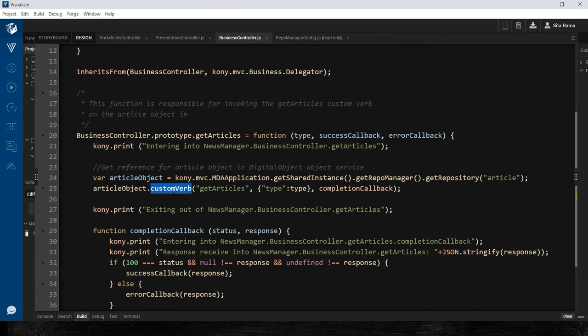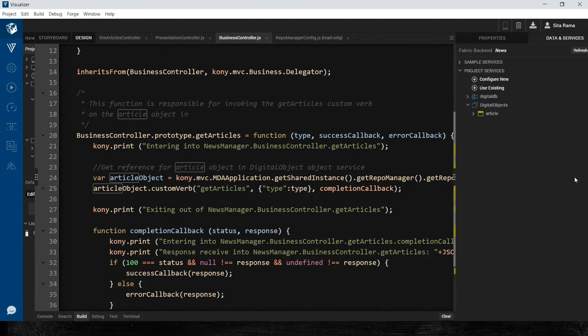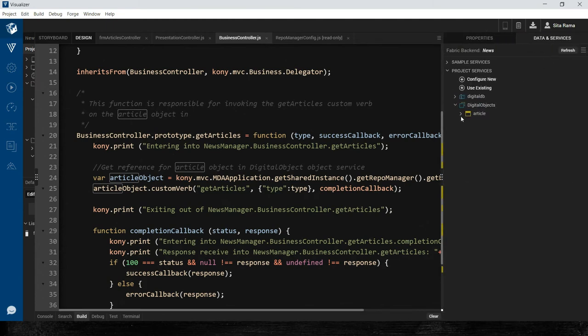So this is an API that is available in the SDK, through which we can pass the name of the operation or the name of the custom verb that is defined inside this articles object in the Fabric layer. If we look at the data services, under this articles object, get articles is the custom verb that is defined inside the Fabric object services.